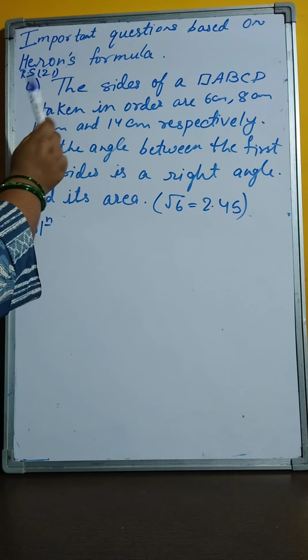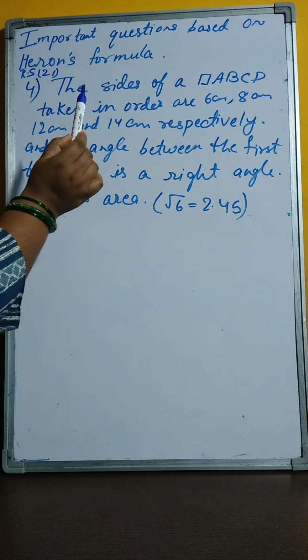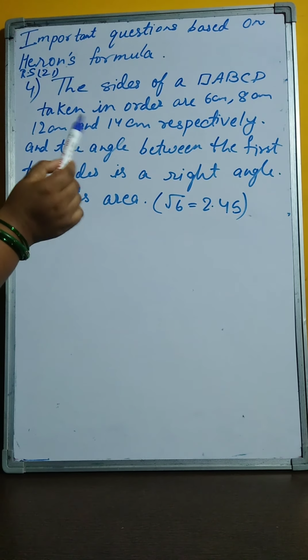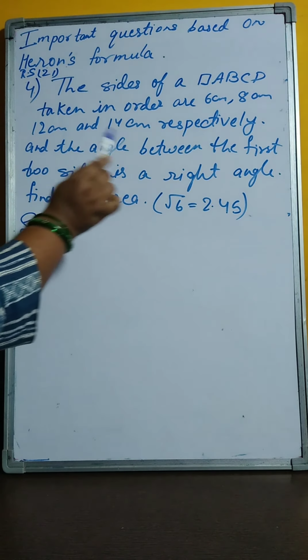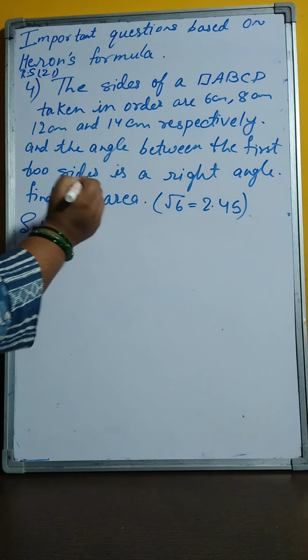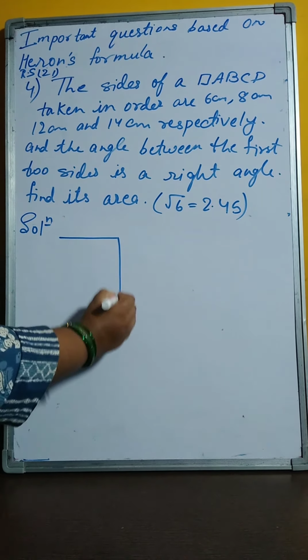It is saying that the sides of a quadrilateral ABCD taken in order are 6 cm, 8 cm, 12 cm and 14 cm respectively. And the angle between the first two sides is a right angle. Find its area. So for that, first we will make a quadrilateral, and we have to keep it in mind